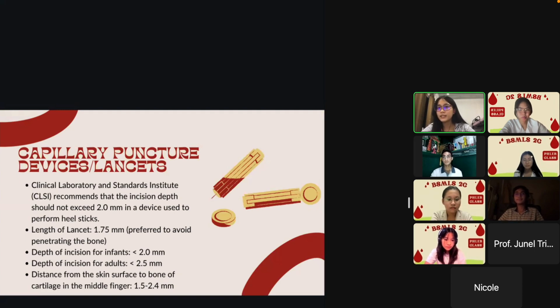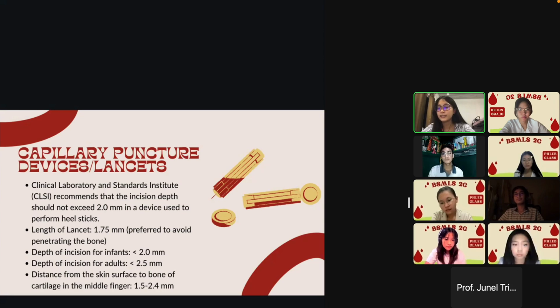So, according to the Clinical Laboratory and Standards Institute, it recommends that the incision depth should not exceed 2.0 millimeters in a device used to perform heel sticks. So, bakit kailangan 2 millimeters lang siya? Kailangan 2 millimeters lang siya para ma-prevent natin ang mga bone injury or also called your osteomyelitis. Since especially ginagamit ang capillary puncture sa mga babies, sa mga infants, dapat not more than 2 millimeters yung depth ng puncture natin. So ano yung length of lancet is 1.75 millimeters. Then the depth of incision for infants should be 2 millimeters, while the depth of incision for adults should be 2.5 millimeters. So take note that the distance from the skin surface to bone